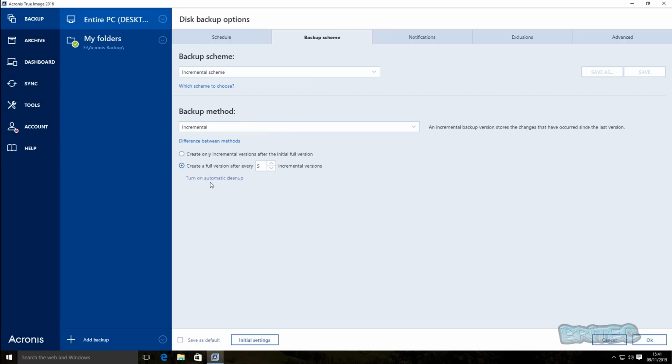We're just going to leave this as incremental, and you can see here, create only one incremental version after the initial full version, and you've also got to create a full version after every 5 incremental versions. It's entirely up to you. Turn on automatic cleanup, you can do that also